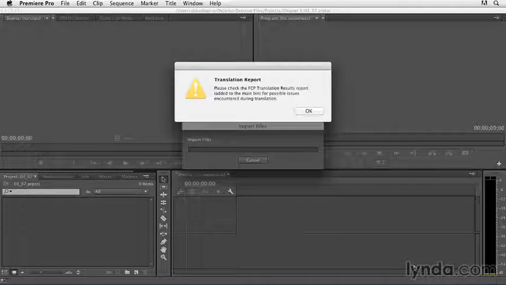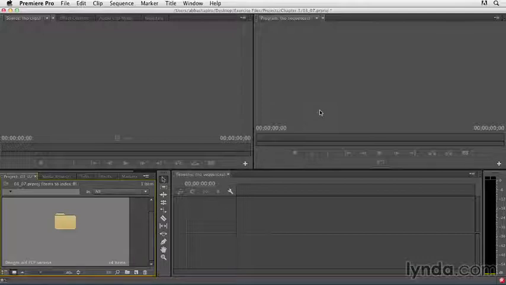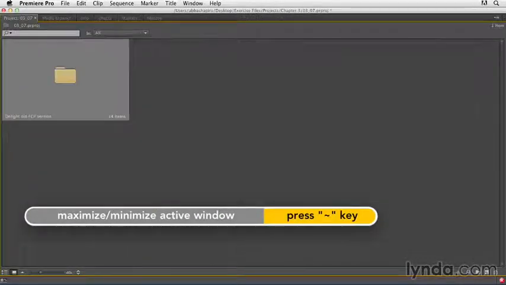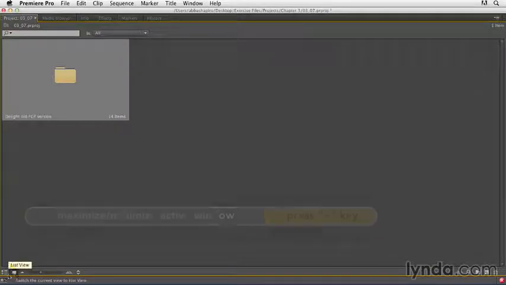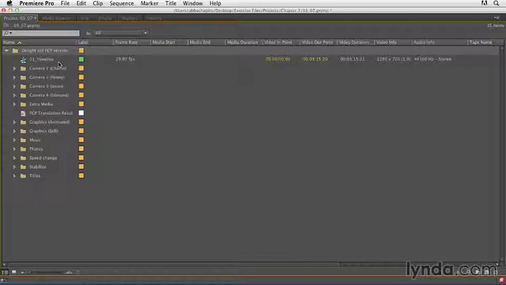For instance, there might be one transition in Final Cut, but that may not exist in Premiere. Or Premiere might name a transition differently, so there's not necessarily a match. Let me go ahead and press OK, and we can see it will import a folder. And if we look in that folder, I'm going to make this full screen and switch from icon view to a list view. I can open that up, and I get a timeline as well as all of my media